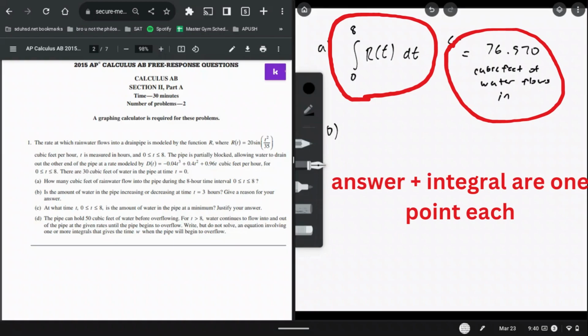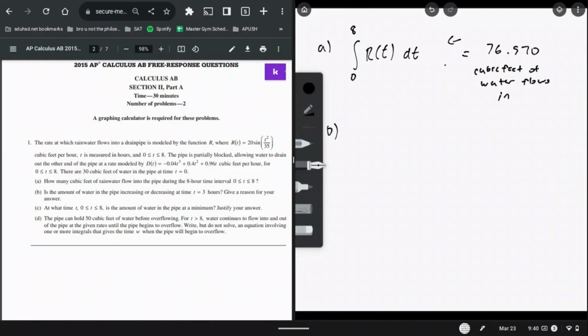Alright, so moving on to B. Is the amount of water in the pipe increasing or decreasing at time t equals 3 hours? And give a reason for your answer. So if we know